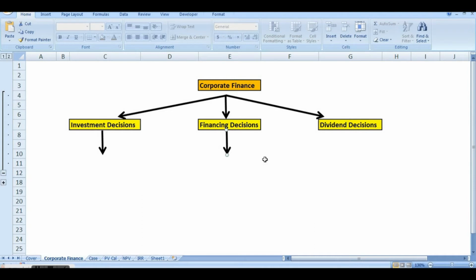So whenever an organization is in operations, it needs money to be invested into these segments, and investing money into these segments is called investment decisions. There are a lot of decisions that the organization has to take in relation to investing into these non-current assets or current assets. Non-current asset decisions are classified into project financing decisions, and current asset decisions are classified into working